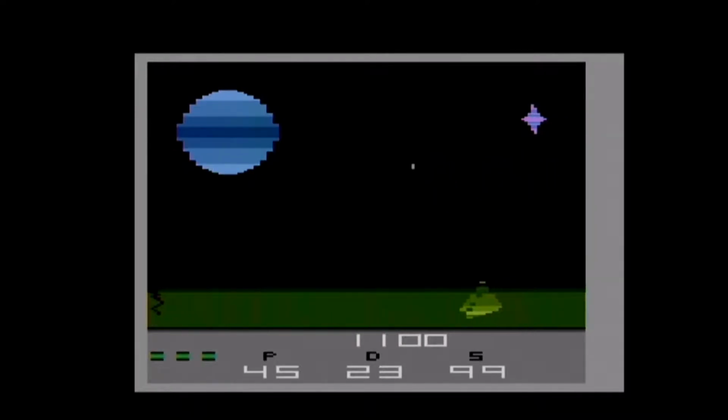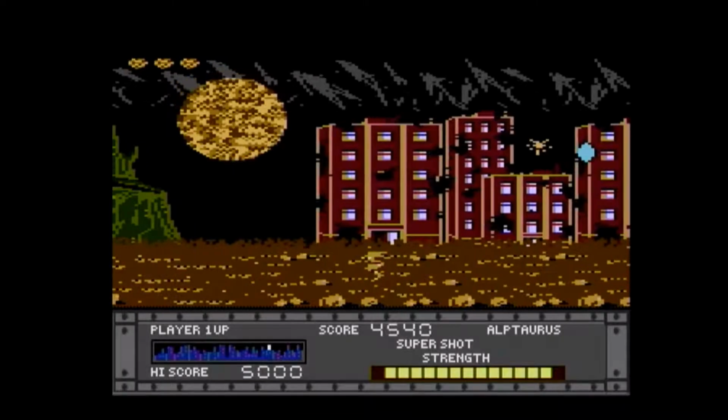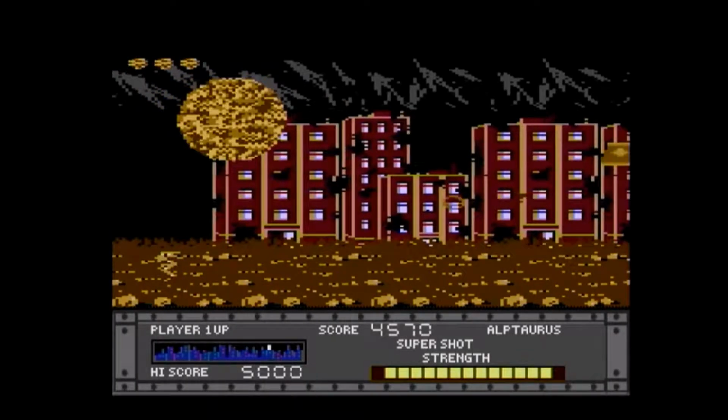The histogram looking box at the top of the high score in the 7800 version and the number in the middle of the 2600 version show the current position of the player in the level. There are 4 levels in the 7800 version: a destroyed city,